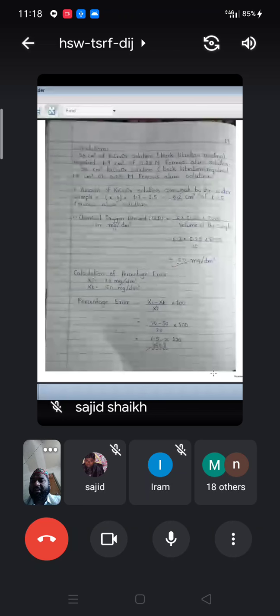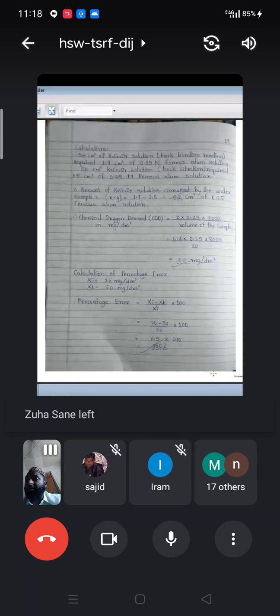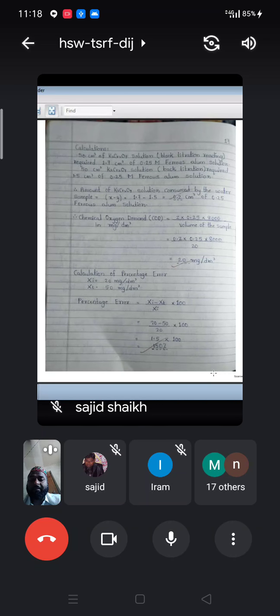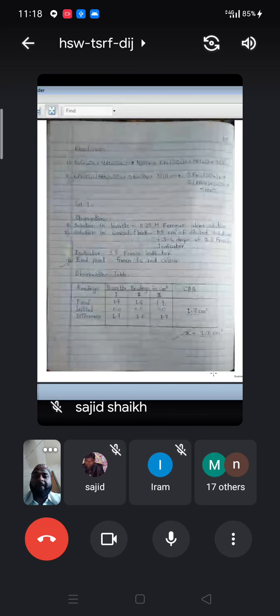So whenever you see swimmers using oxygen while swimming or diving in a reservoir, please go through this reaction well. Reactions are also simple: K2Cr2O7 plus 4H2SO4. That reaction you have to write. There will be 2 marks in the exam for this reaction. The reaction is very important. You have to note this reaction well.